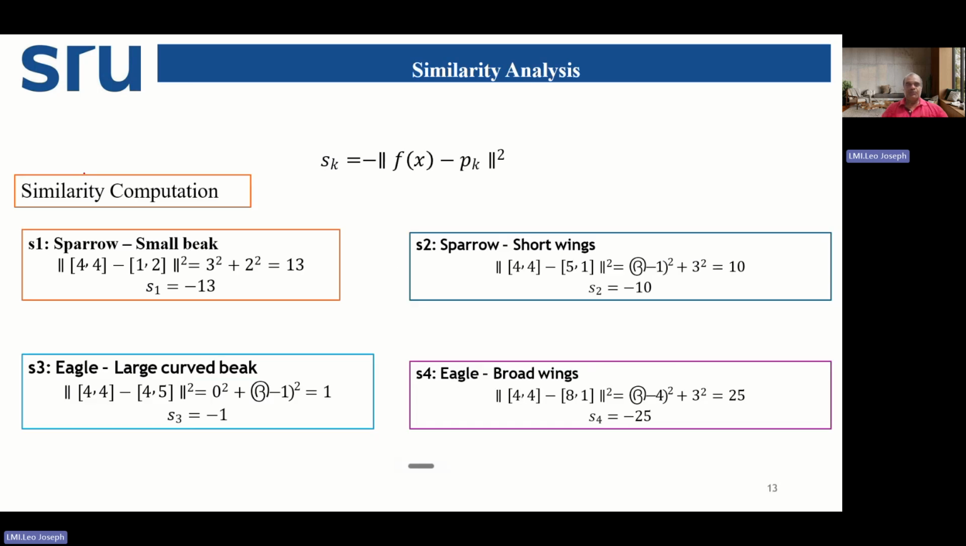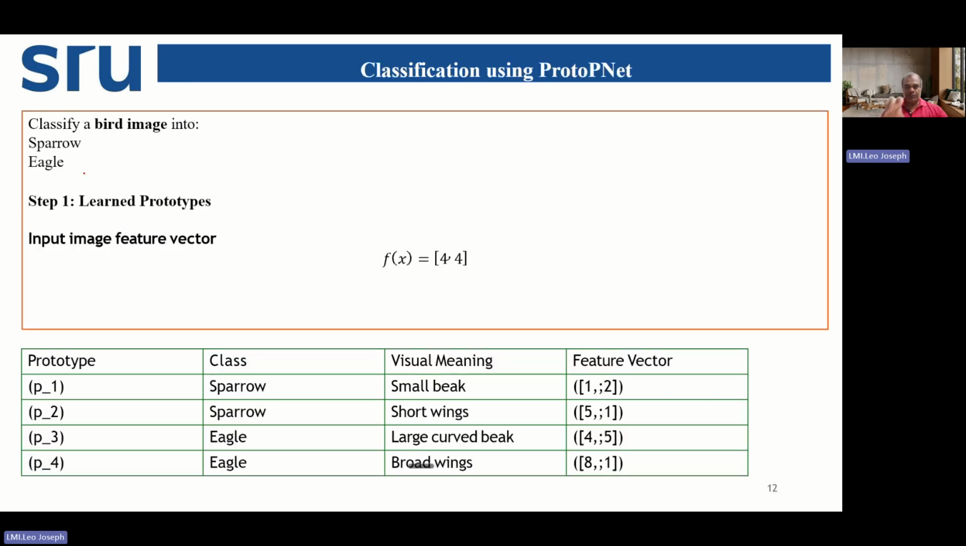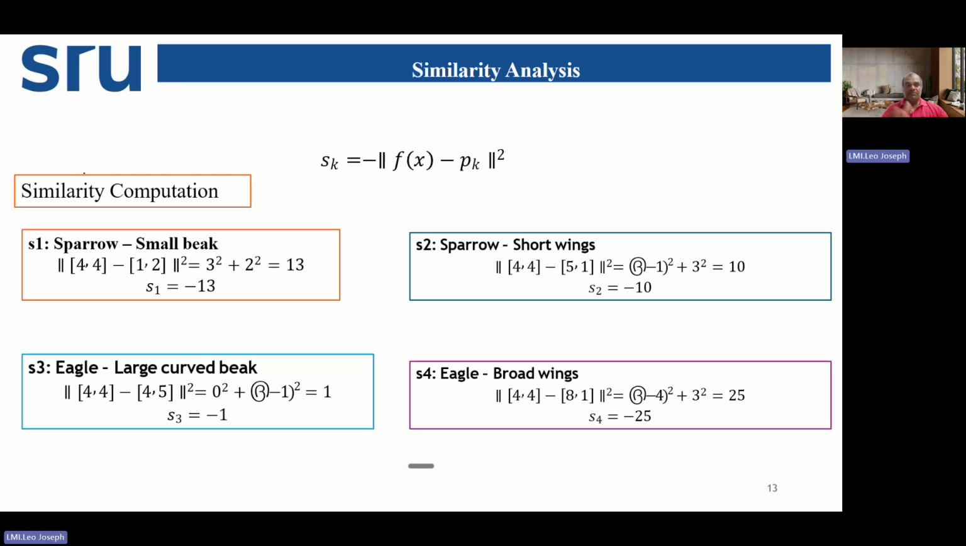So we are computing using this formula, norm of minus. How it is calculating? Let us check. 4,4 minus 1,2. First, 4,4 is the standard. This is the input image. These are the learned patches. Okay, so according to prototype 1, 4,4 is compared. So minus 1,2,